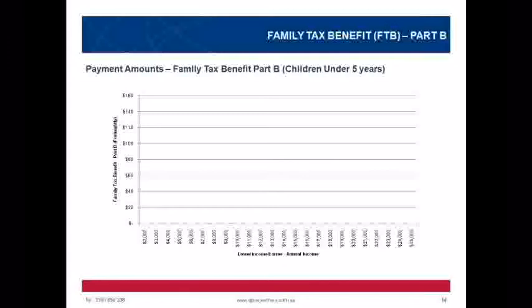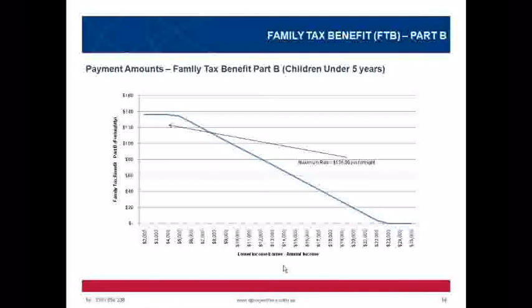If they earn more than that, then you're not going to qualify. But if they do, then this is the way the profile looks. You get the maximum rate of family tax benefit Part B until your income starts to exceed $4,745, where we start to see it taper away here. And then it continues to taper down as a reduced rate until you exceed around $22,000 worth of